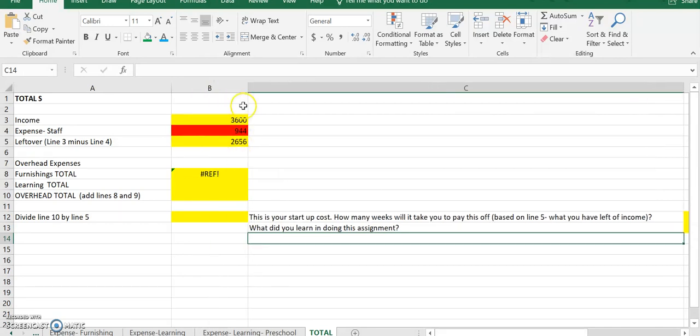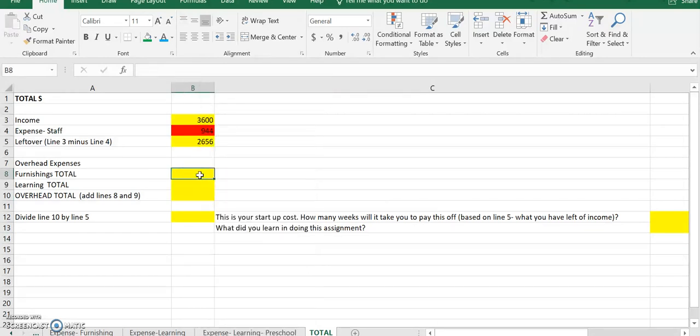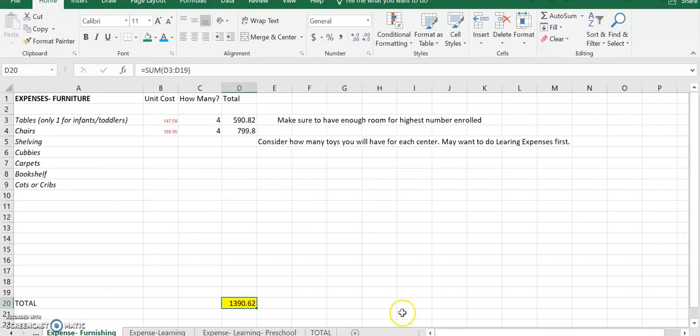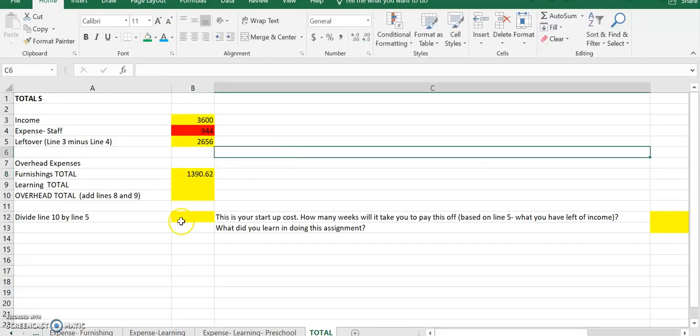I think. Well, why is that not working? Okay, we might have to do it manually. 1390.62. And of course, that's not finished. And here you'll notice there is not a self-calculated line